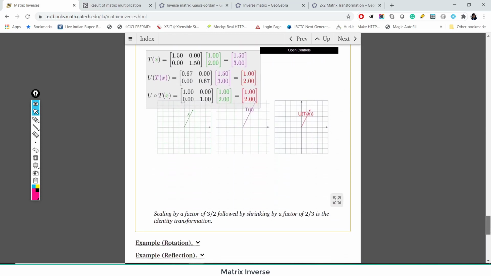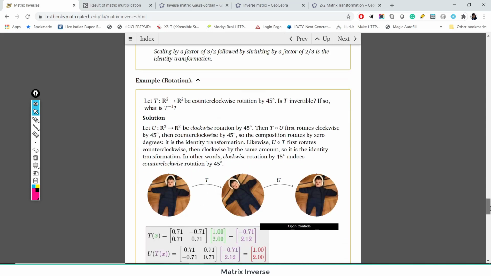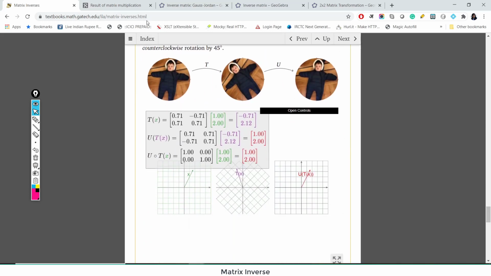Let's look at another example of rotation. Now, I am not verifying the math. You can verify this math by using the calculator which we have discussed just now. Here, this is the original image, right? And after applying the linear transformation, suppose the image is rotated anti-clockwise with the angle of 45 degree, right? Now, if I want to rotate the image clockwise with the same angle 45 degree, it means if I want to come back to the original position, then I need another linear transformation, and we have verified here that this linear transformation U corresponds to inverse of the linear transformation T, right?